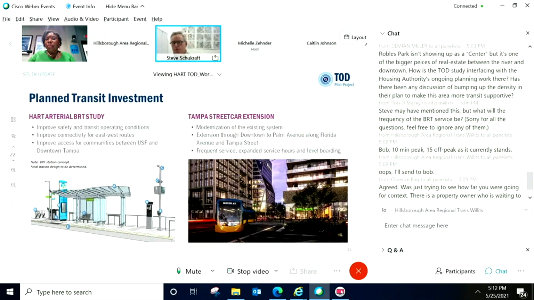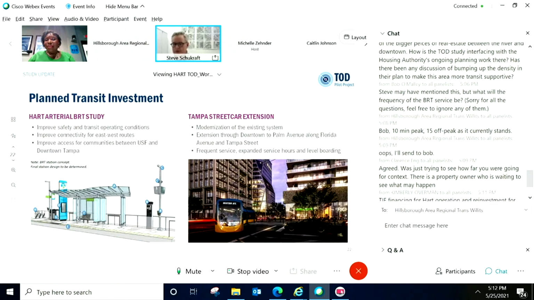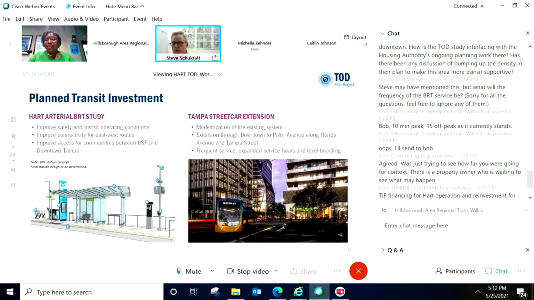This is the level of the stop improvement that we're talking about. So this is a similar scale of investment as occurred for the Metro Rapid system along Nebraska. If you think about the footprint and the nature of the improvement, we're talking about similar kinds and types of improvement for the streetcar stops along downtown. And I think eventually in design, those two things should be brought together. So you're not looking at two different kinds of systems, but they're really two parts of the same broader system.